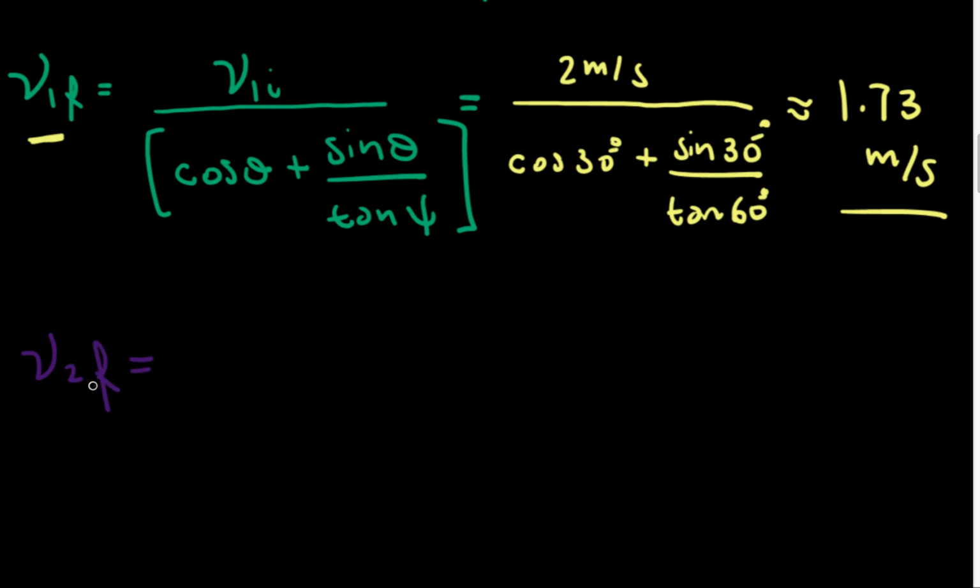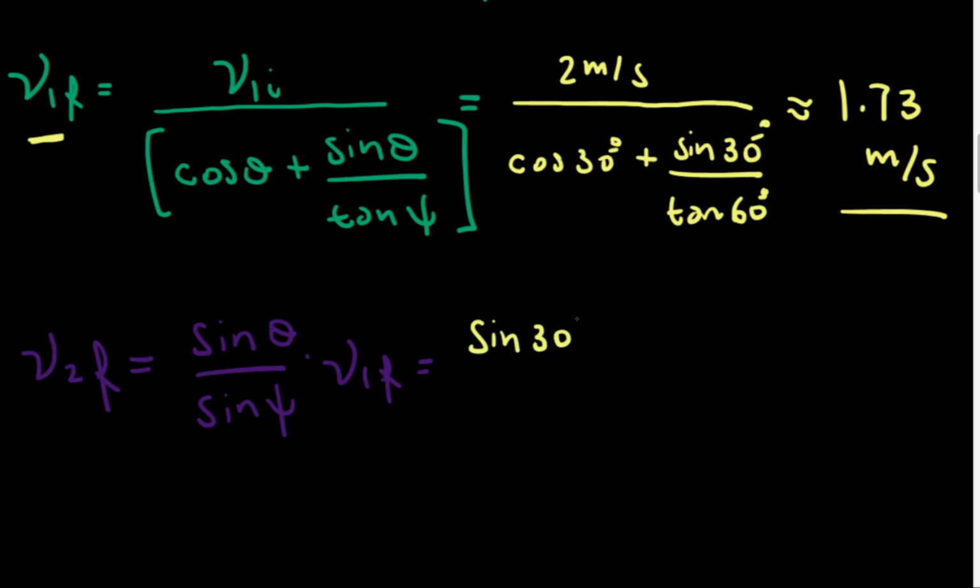V2 final is the sine of theta divided by the sine of phi multiplied by V1 final, which is precisely what we just found. So then if you go ahead and evaluate this, then